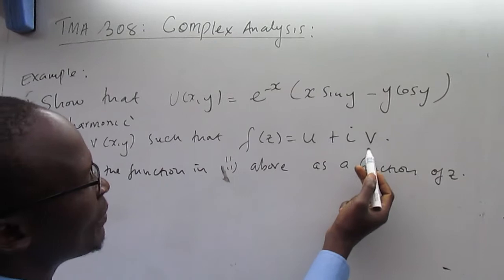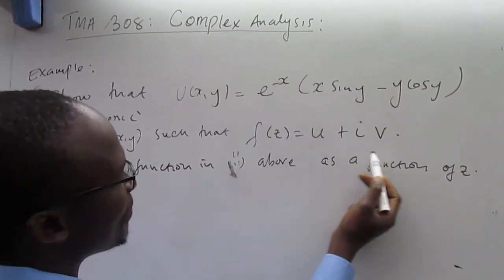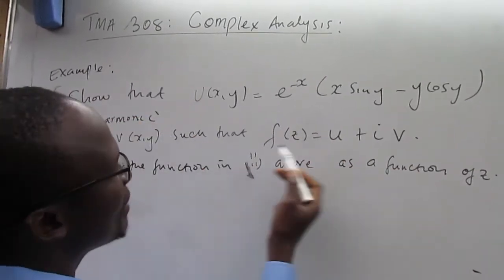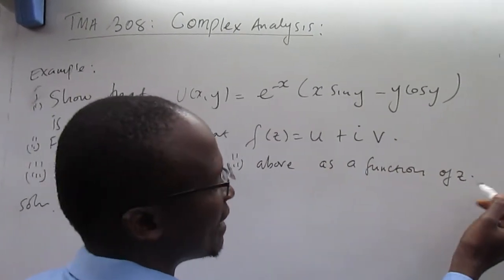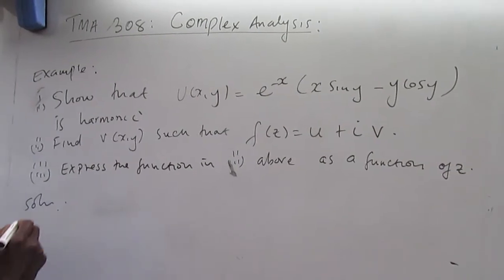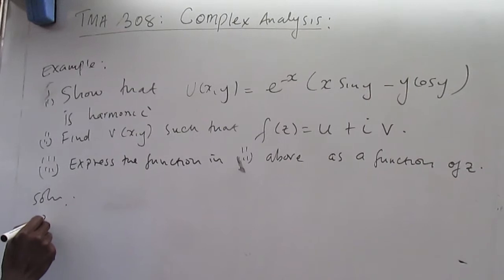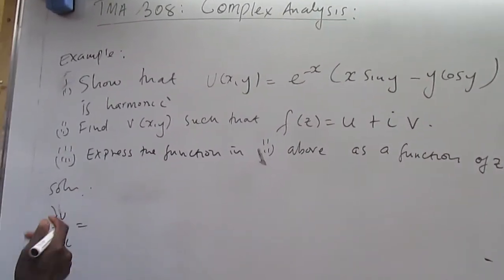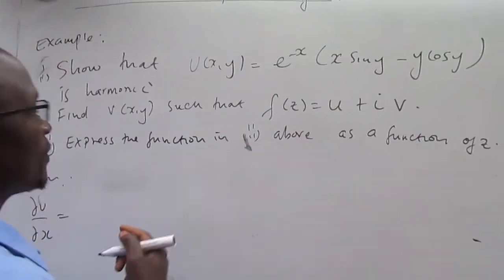As an illustration of these concepts, let us show that this function is harmonic and also find its harmonic conjugate and express f of z, represented by u as the real part and v as the imaginary part, in terms of z alone. So for the solution of the first part, the first partial of u with respect to x